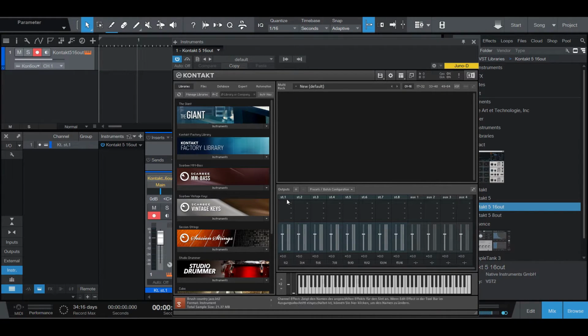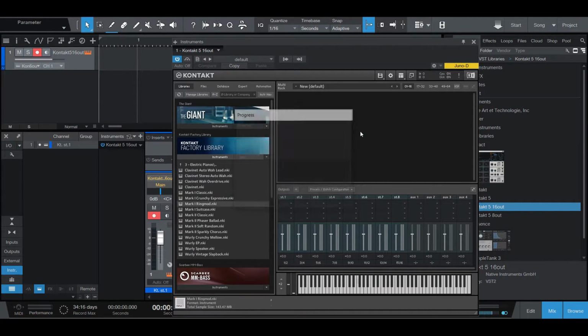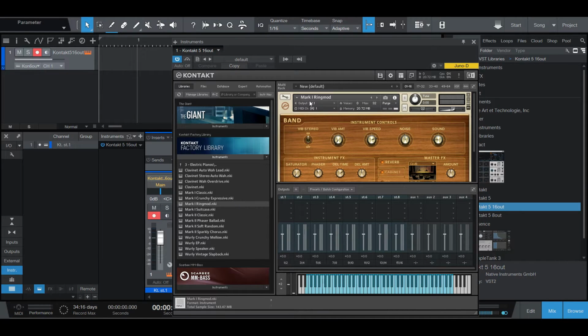And you can see that now 8 stereo outputs have been created and each contains 2 channels and the numbering is also correct. So now I can just add an instrument. And if I route this to the stereo output 6, to this one here, and select the instrument and play something, you can't hear it yet, but you can see that this instrument is already correctly routed to the stereo output